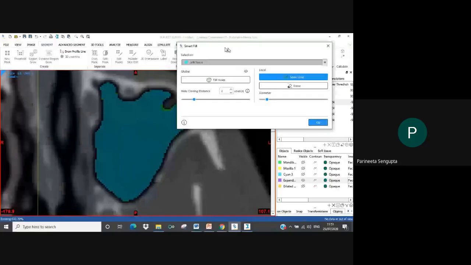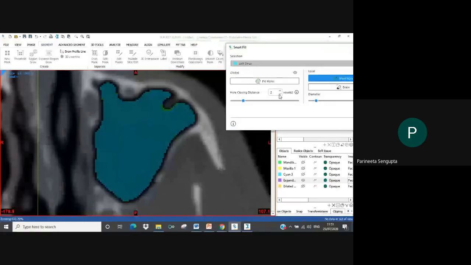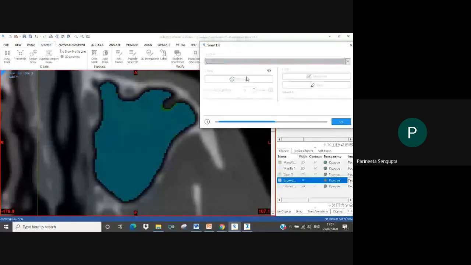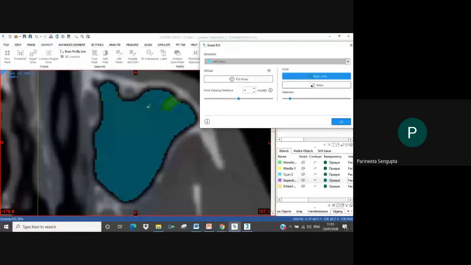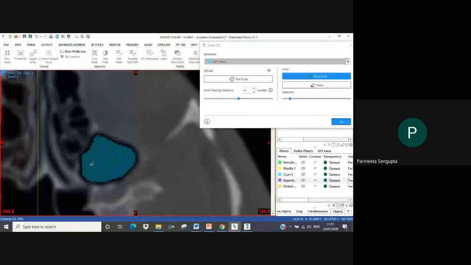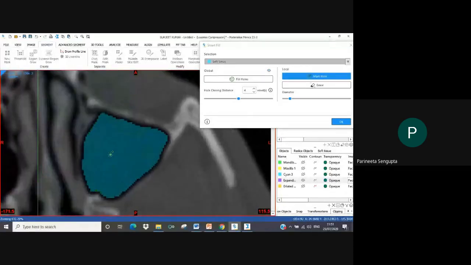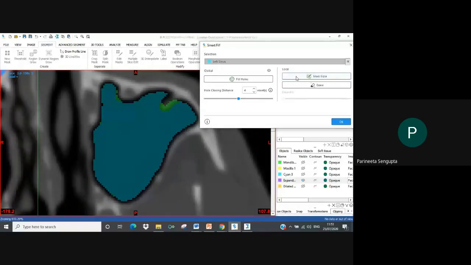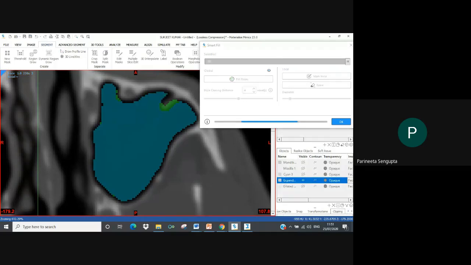Now you see that this region has also been incorporated. Maybe I can try at 4. So it's helping me fill the gaps in between. Then what I can do is I can then mark hole and mark according to my requirement. So now it is helping me calculate further.